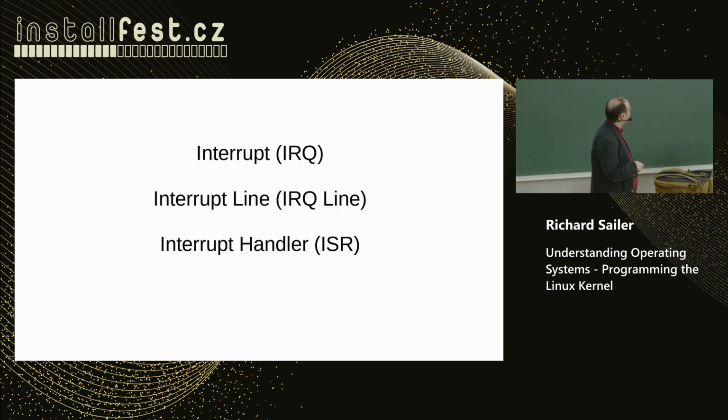But it is extremely important in reality. I will give you some examples later, but first some terms. A very common short term for interrupt is also IRQ. And then interrupts have lines, like you have an interrupt on line 5, on line 12, on line 17. They're also called IRQ lines. And then for every interrupt, you need a handler. That's a function, usually a C function that takes care of that interrupt. That is usually called the interrupt service routine, so the ISR. I will explain them in a bit more detail later.